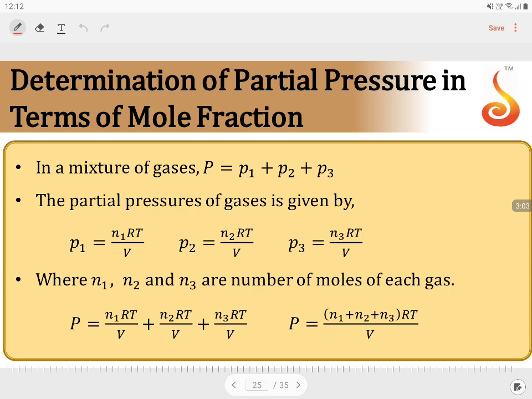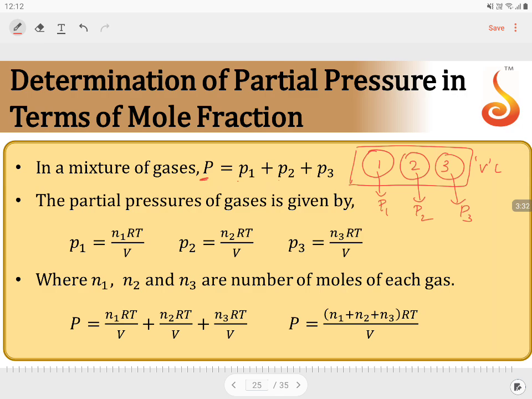In a mixture of gases, let us consider there are three gases which are present in the medium. Let us say gas 1, gas 2, gas 3. Three are present in the volume of the container V liters. So the pressure exerted by the first one is P1, exerted by the second gas is P2, third gas is P3. Let us take like hydrogen, oxygen, nitrogen. Okay, children. Now the total pressure exerted by the gases is P1 plus P2 plus P3.